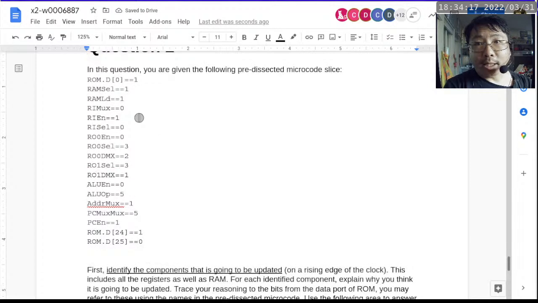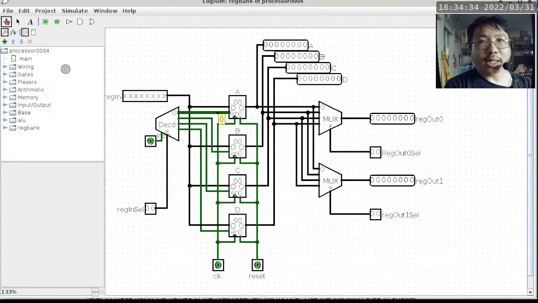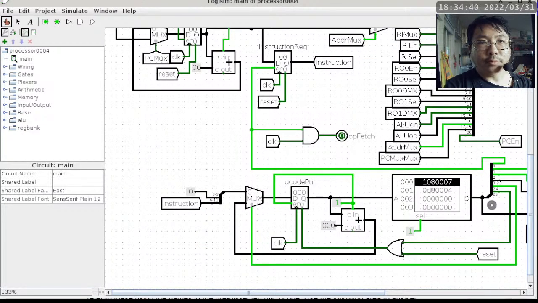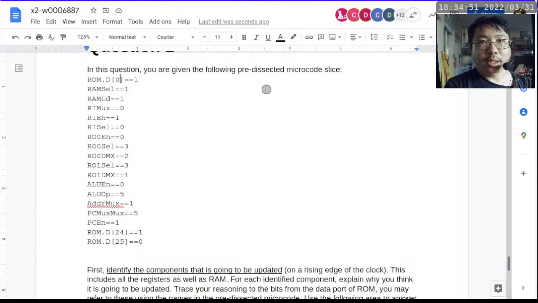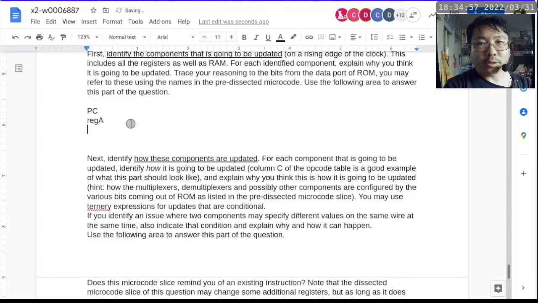Let's see, there's one more thing, okay, because this one is kind of misleading, because it doesn't seem to be enabling anything. This is the representation of bit 0 of the D port of ROM. Okay, so now you have to look into the circuit and find out where that thing connects to. So let me go back to the main circuit, go to the ROM component, track down bit 0 of the D port. So you just click on this wire and it connects to the enable of the instruction register. So the instruction register is also going to be updated in this particular question. So I'm going to have to write down instruction register,